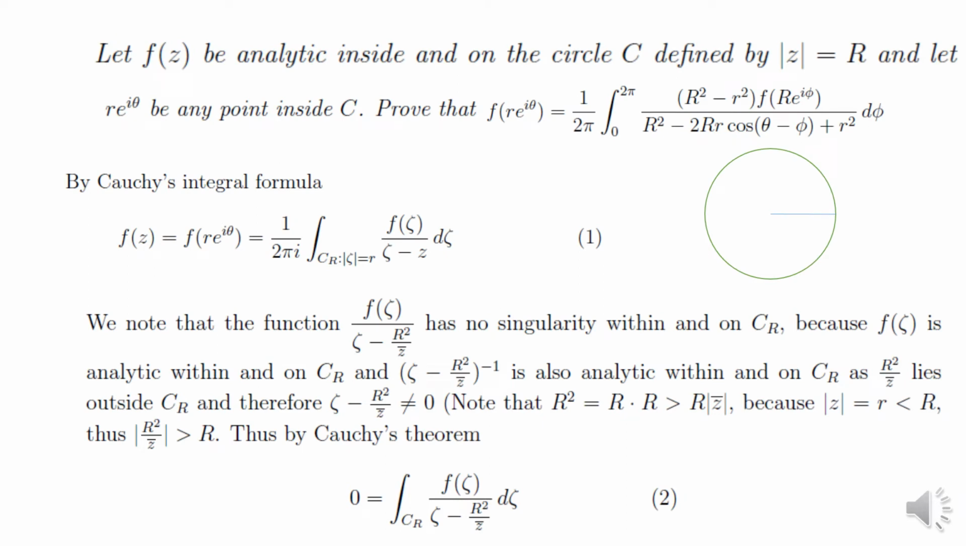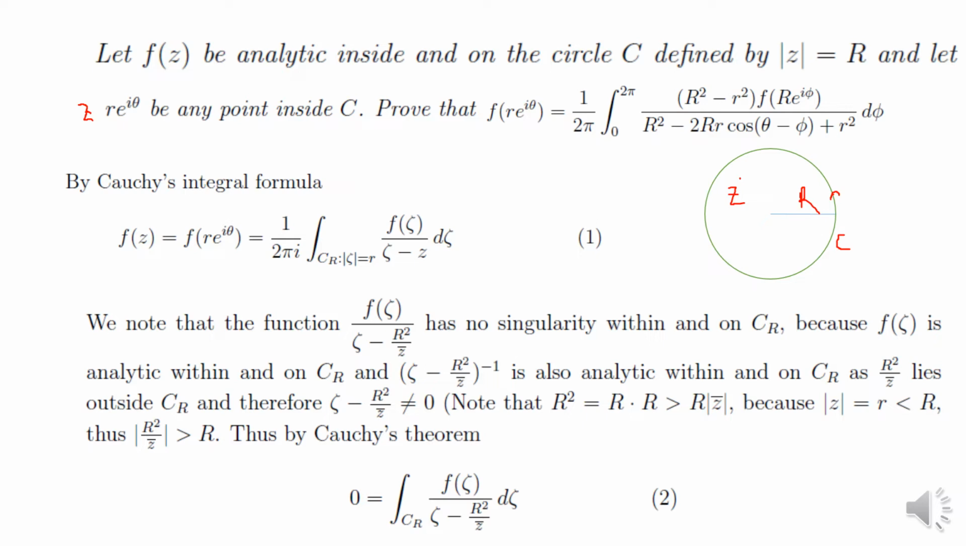Here we have this circle which is denoted by C, or C_R can be written in some notation. So this is C, and function f(z) is analytic inside and on the boundary of this circle, and capital R is the radius. z is a point which lies here. z = re^{iθ}, which is given in the question. So this is the point z, and now we can say that by Cauchy's integral formula